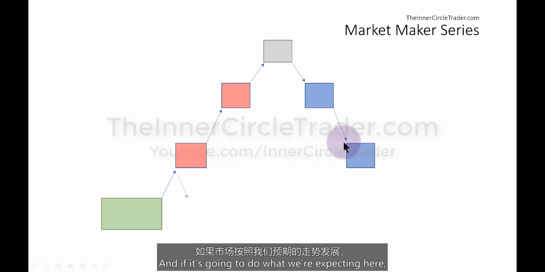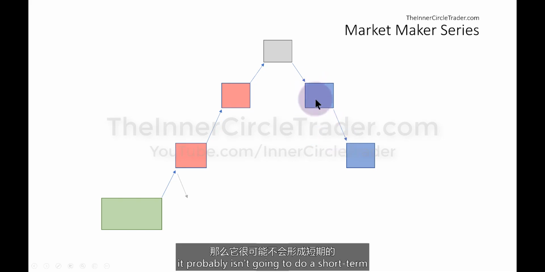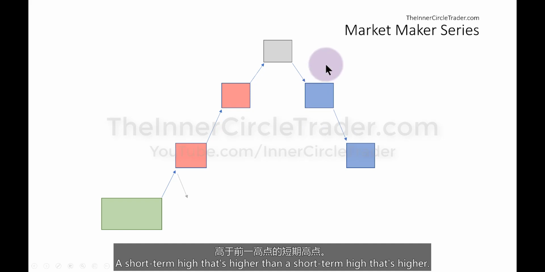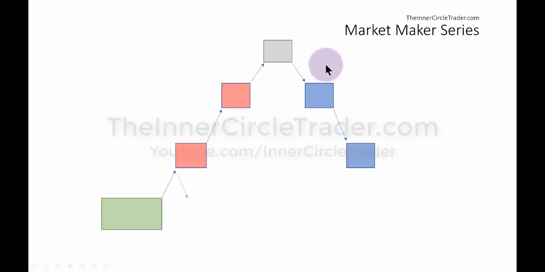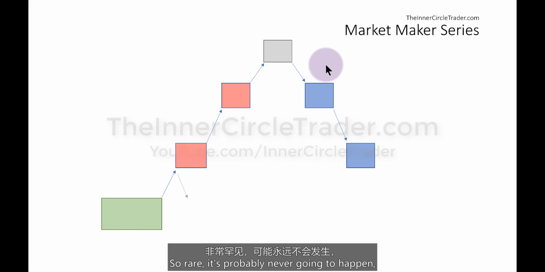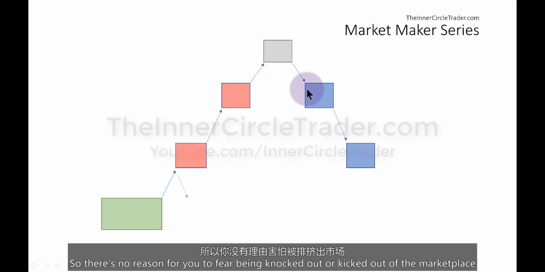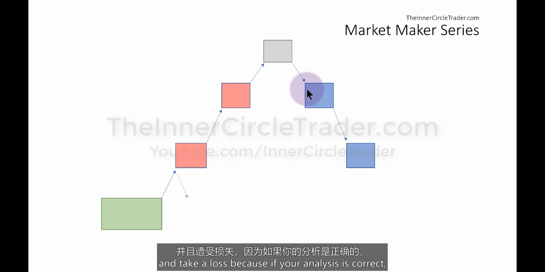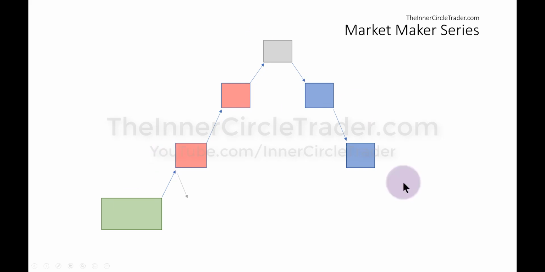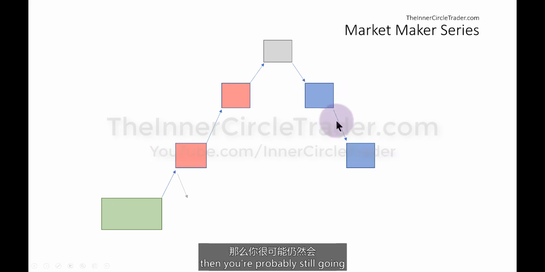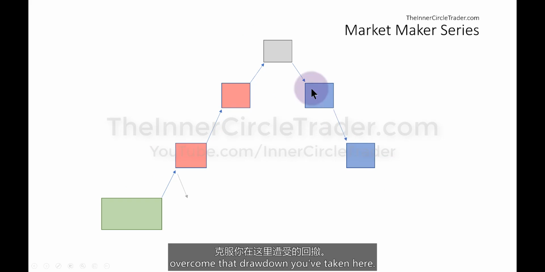And if it's going to do what we're expecting here, it probably isn't going to make a short-term high that's higher, and then a short-term high that's higher. That's unlikely. Can it happen? Yes. So rare, it's probably never going to happen, but it can. So there's no reason for you to fear being knocked out or kicked out of the marketplace and take a loss, because if your analysis is correct, then you're probably still going to capture some move and overcome that drawdown